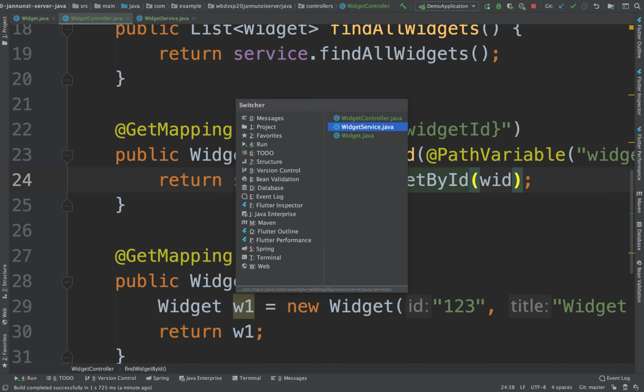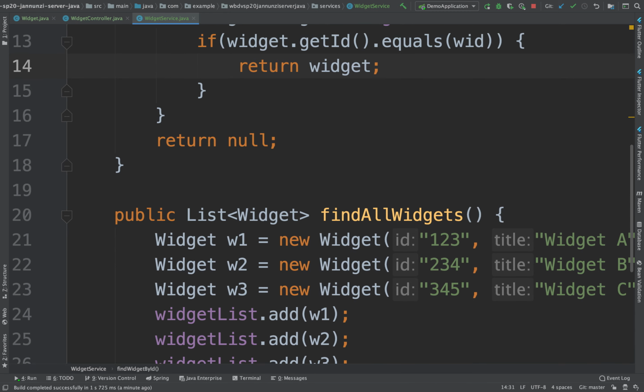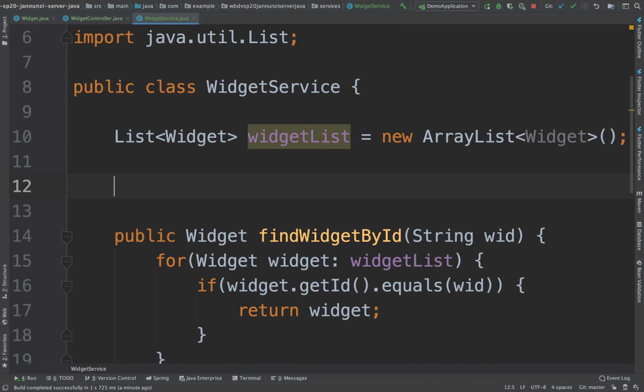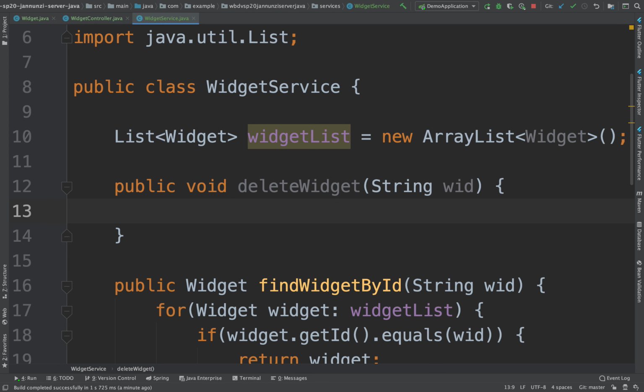service, in our widget service, we want to be able to delete. So we would implement something like public void deleteWidget, and then receive as argument the widget ID. What this will do is filter out whatever widget is there by the ID. If it finds it, it removes it, or keeps only the ones that don't match. So I'd like to be able to update the widgets so that it contains